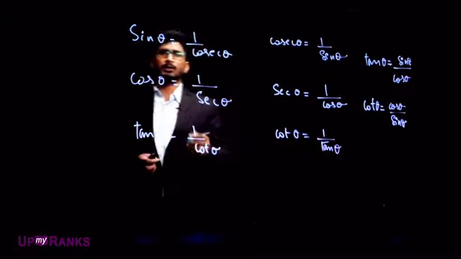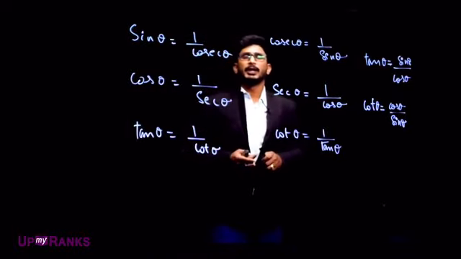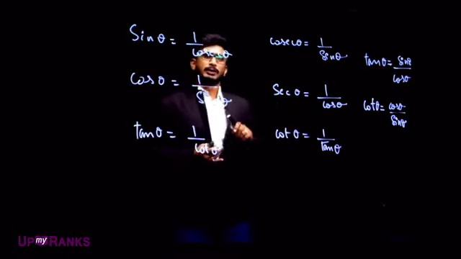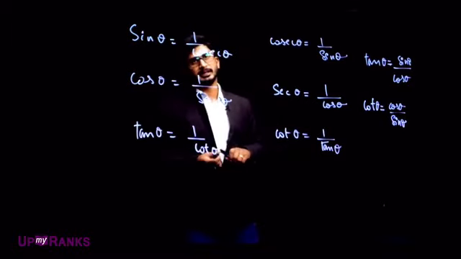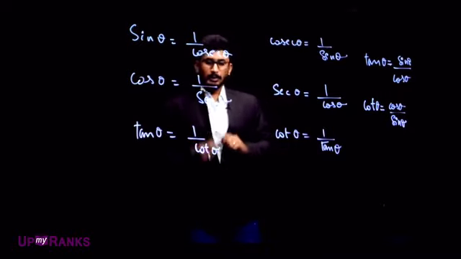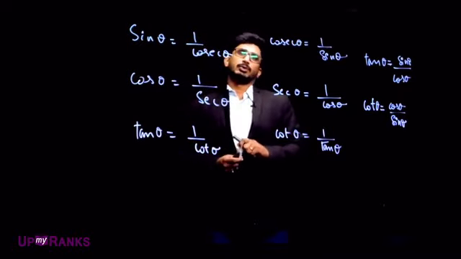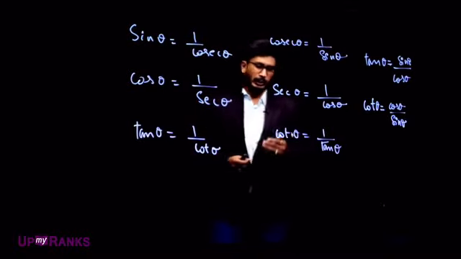As we go further, you will also learn about the standard angles in trigonometry, which are 0 degree, 30 degree, 45 degree, 60 degree and 90 degree. Then you also have the complementary angles, like sine 90 minus theta is equal to cos theta and all. We will do it now. The standard angles are like this: